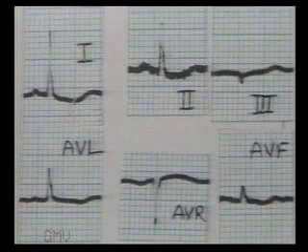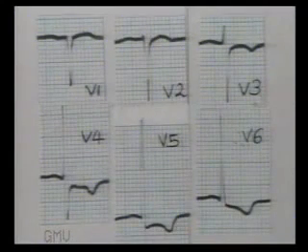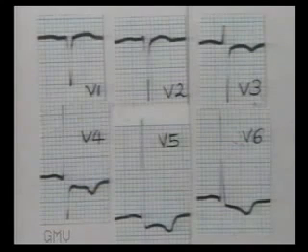There are no pathological Q waves in limb leads. Now observe the chest leads. The QRS amplitude is increased. The pattern from negative QRS in V1 to positive QRS in V6 is maintained. So measure SV2, it is 14 mm, RV5, it is 22 mm, and their total is 36 mm. So left ventricular hypertrophy is present.